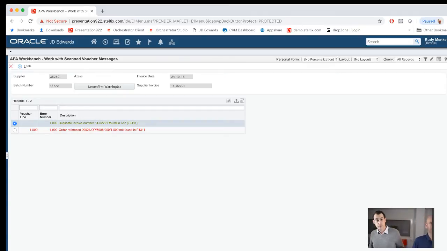This can also be an error that is depending on your settings in JD Edwards, that it is no warning, or it is a warning, or it is actually an error, and then you have to do something with it. Then a real error that is stated underneath is that it says, hey, we found in the capturing this order reference, but we didn't find it in the F4311. That's another technical term, that is the purchase order table. So it didn't find the purchase order that is mapped here. That is weird, so we have to look into that.